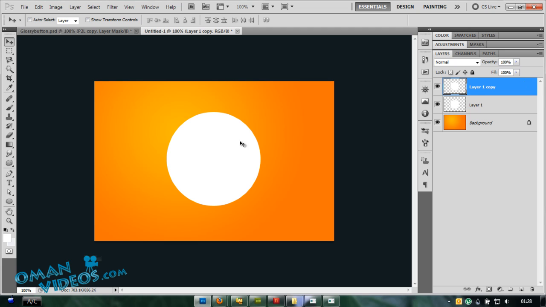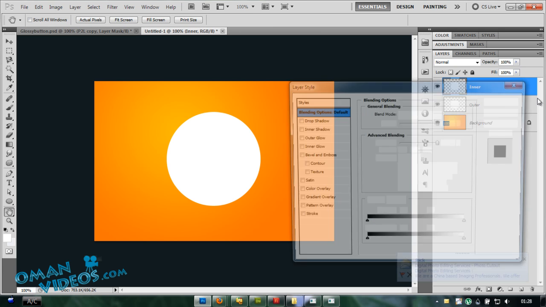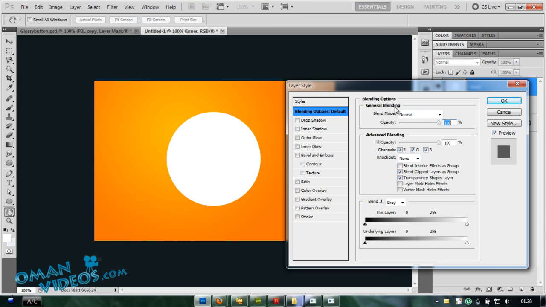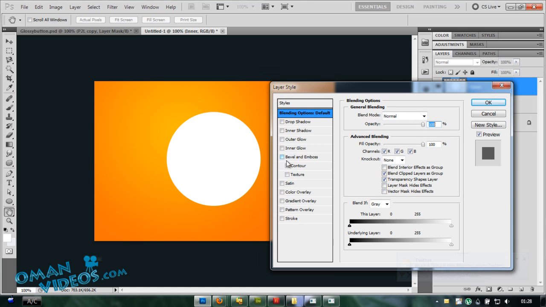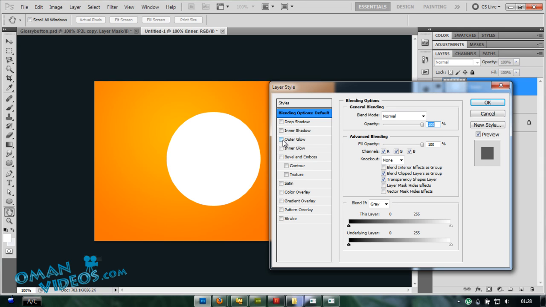Once you have that done, let's go to our blending options of the one we just created, the smaller one. Let's call this the outer, let's call this one inner. Okay, now double click on my layer in the side here to open up. I'm going to select outer glow for this,